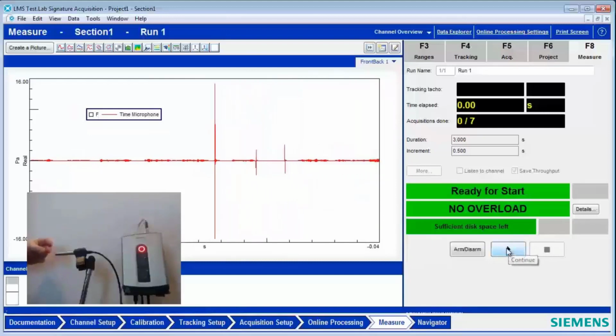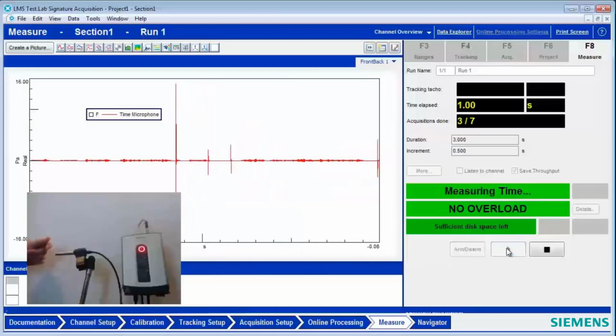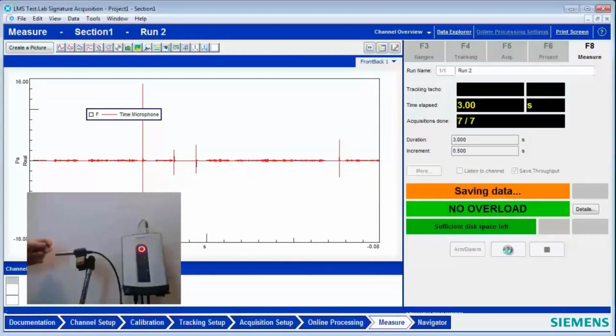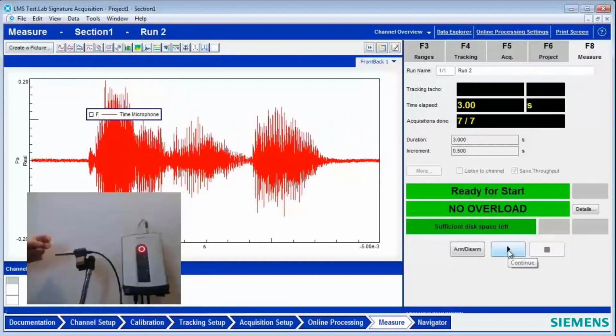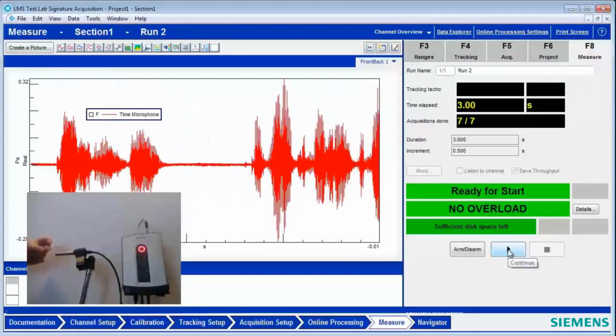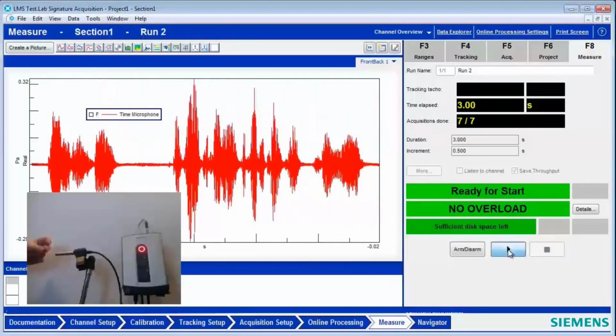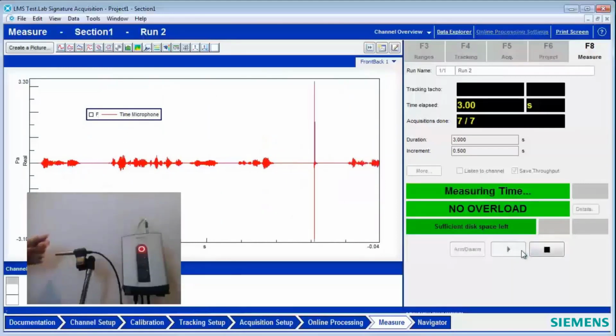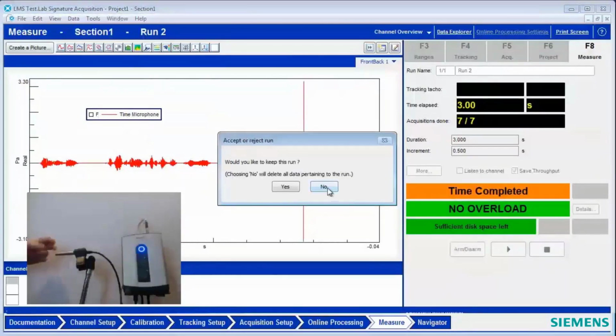So here I have to know, okay, the transient's going to occur, so I hit start. Transient occurs, and hopefully I capture it in 3 seconds. And then I'm going to go and get ready to measure the next transient. So I hit start again. Transient occurs, and hopefully I got that. And now maybe my next transient's occurring already, and I have this thing asking me if I want to keep